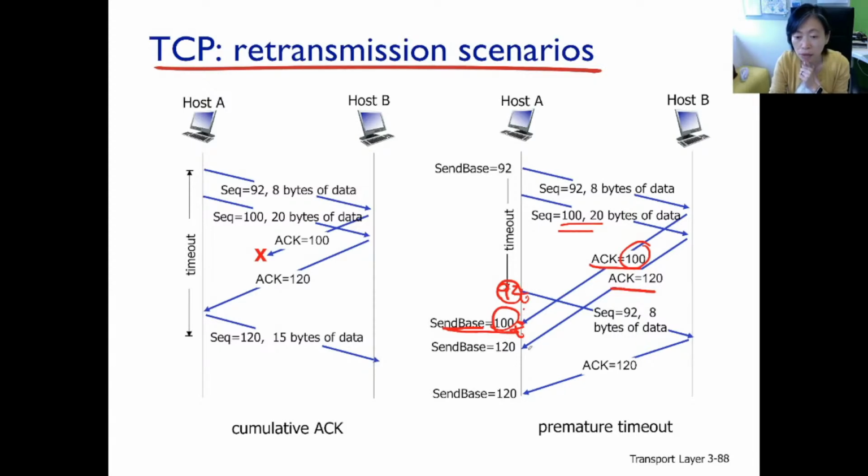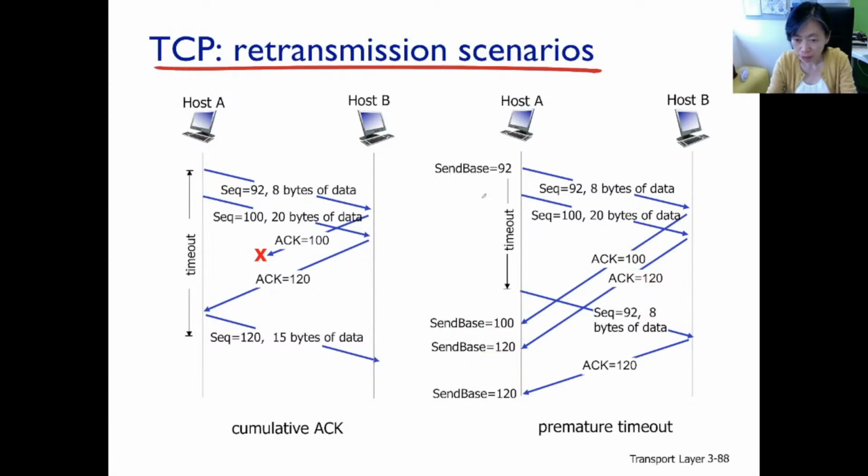When ACK 120 arrives here, we need to change the send base because it was previously 100, and Y is 120, bigger than 100, so change the send base, slide the window over. Do we stop the timer or restart the timer? There's no more outstanding packet because there are no more calls from above. Okay. So, stop the timer right here.